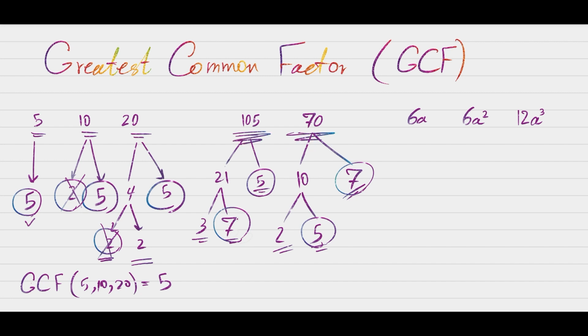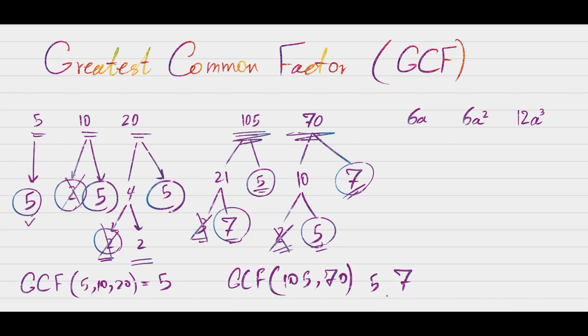But we cannot include 3 because, as you can see, it's not common between our monomials, so we cannot include it in our greatest common factor. Nor can we include this 2 that's involved here in the 70, but we still don't have a factor of 2 involved in our breakdown for 105. Which means that the only things we can include in our greatest common factors for 105 and 70 are 5